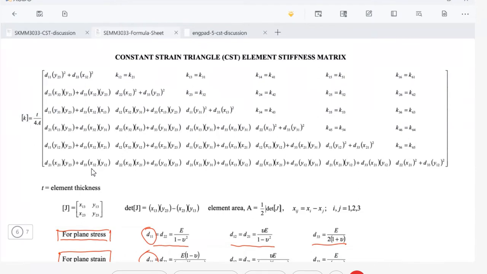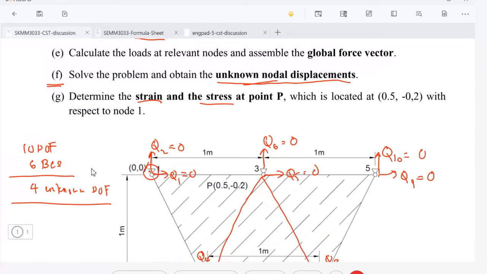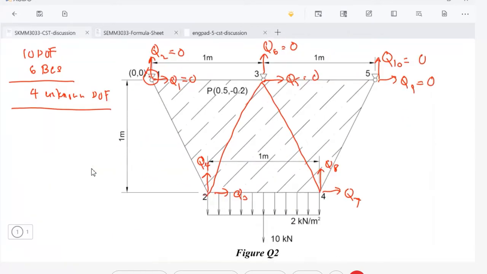Alright, so the next thing is this. Now we know that the symmetric shape and the symmetric loading can be taken advantage of. So how do we do this? We only use half a model. Remember, in your project, you are using a quarter model, because you cut it half in the x-axis and half in the y-axis. There are 2 axes of symmetry for your project, but for this case, it has only one symmetric axis, which is